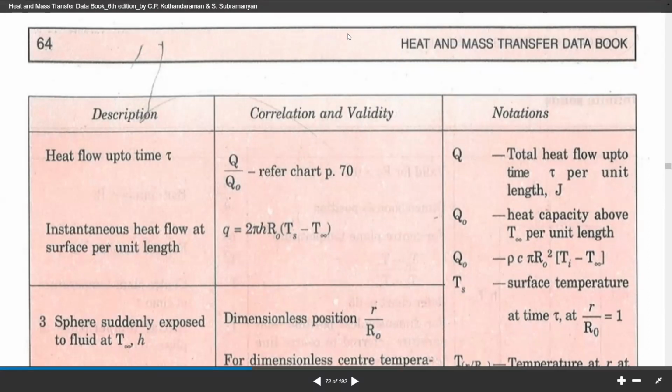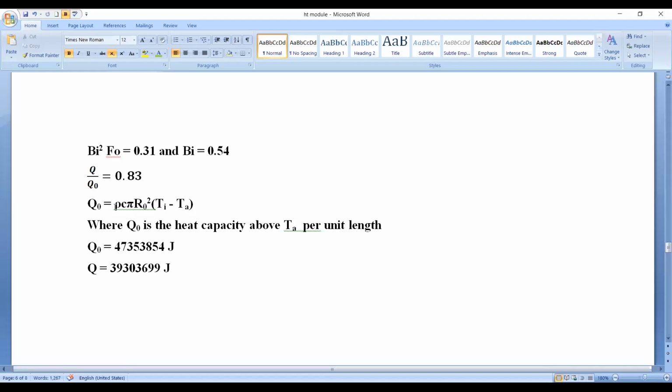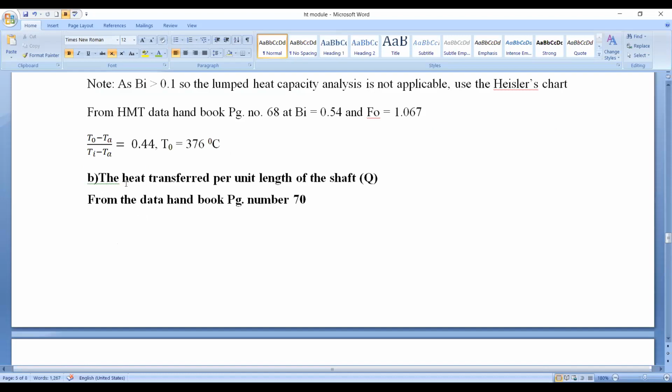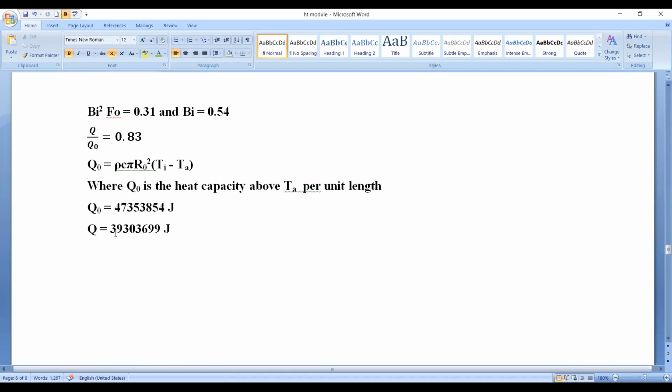Okay. Now the final answer for Q naught is, after substitution, Q naught equals 47353854 joules. Okay, this is the answer for Q naught. Or else you can keep Q naught in terms of megajoules also, 47.35 megajoules. So just multiply this Q naught with 0.83, you will get Q. So this Q is the required answer, that is heat transferred per unit length of the shaft. That is Q equals